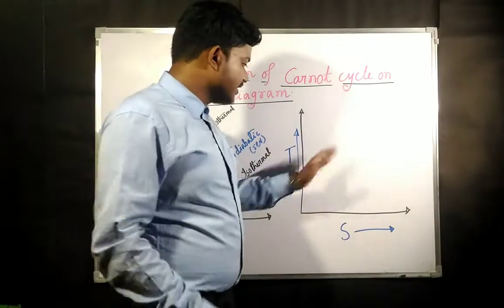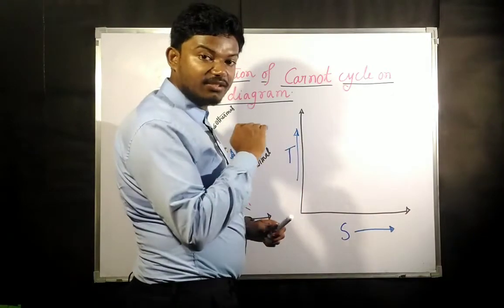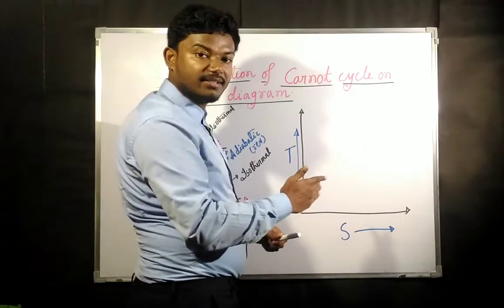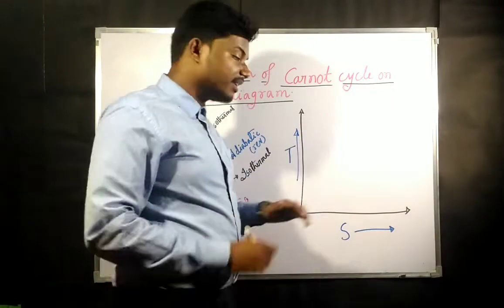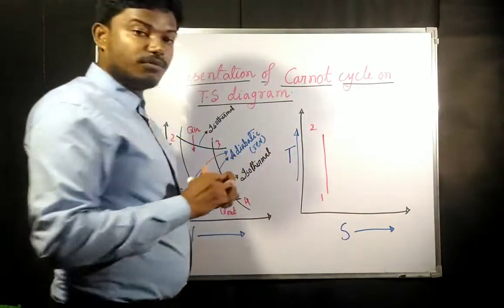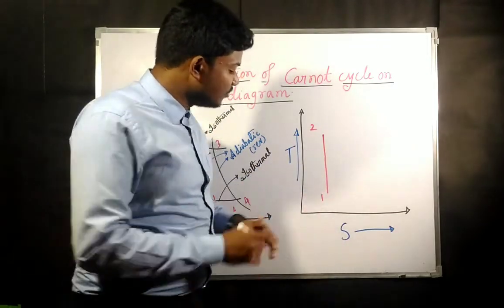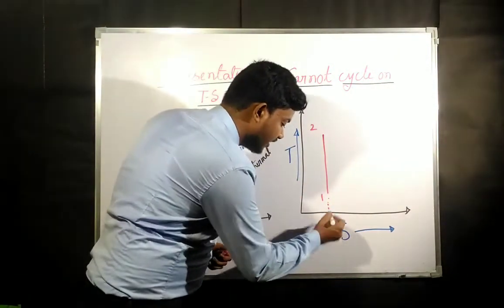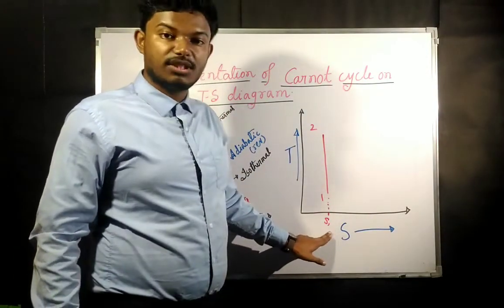So in this case, if entropy is going to be constant, okay, in an x and y line, if x is going to be constant, that means x has a constant value, then it is parallel to the y axis. Similarly here, if entropy is going to be constant, then it must be parallel to the T axis, the temperature axis. So let us draw here from 1 to 2. All the points on this line are going to have the same entropy value, suppose S1 we are taking.